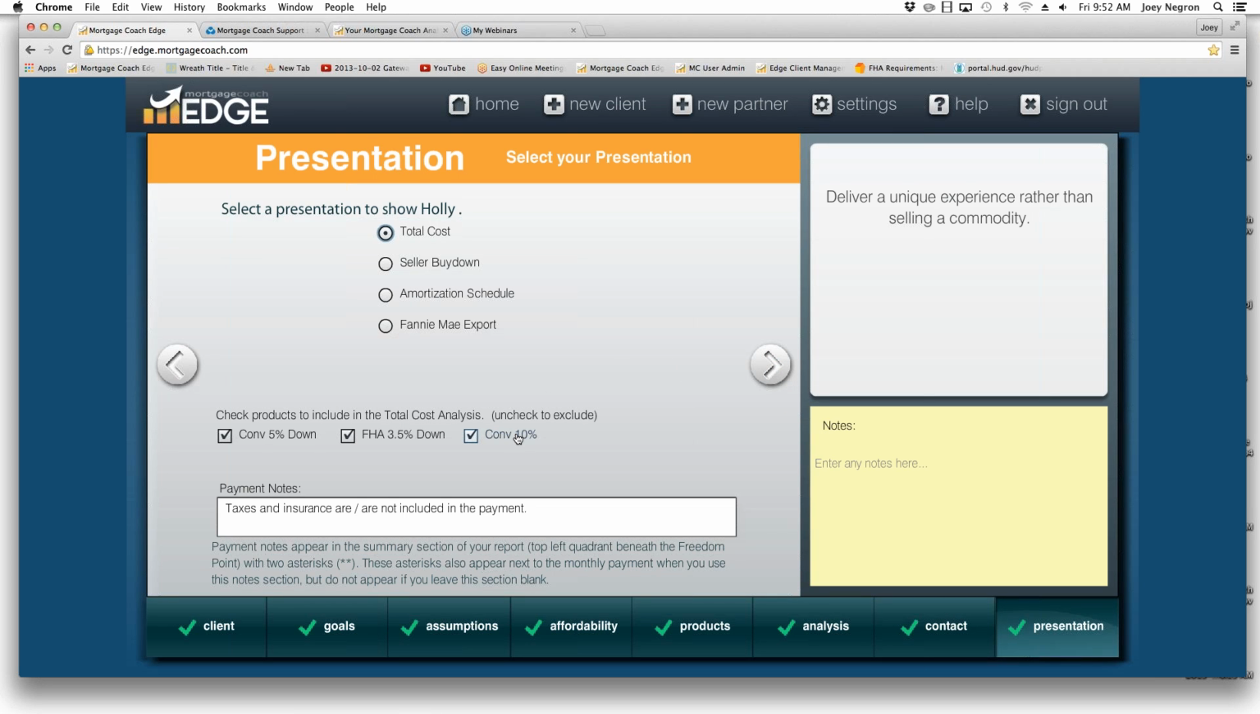and here is one of the sections that if you do not want a specific product to appear on the report, you just simply deselect it. At that point, that product will no longer appear. Okay, so that's an option. I'm going to leave the conventional 10% down excluded for now, and this payment notes